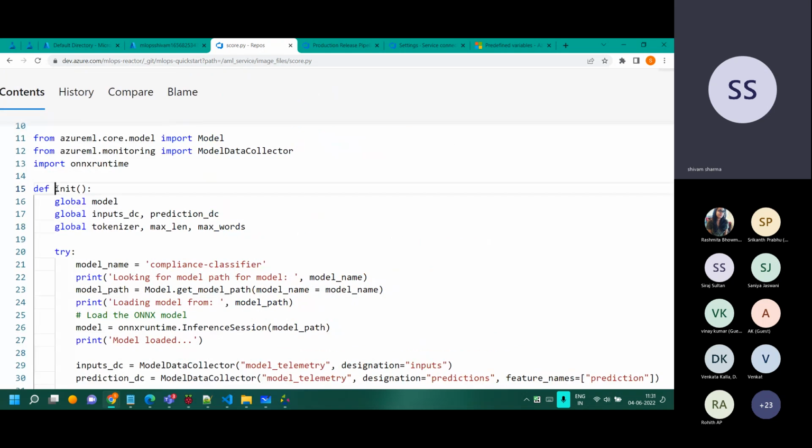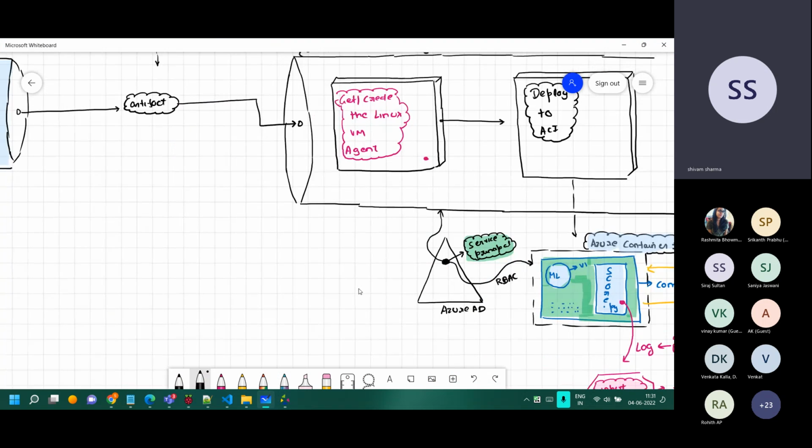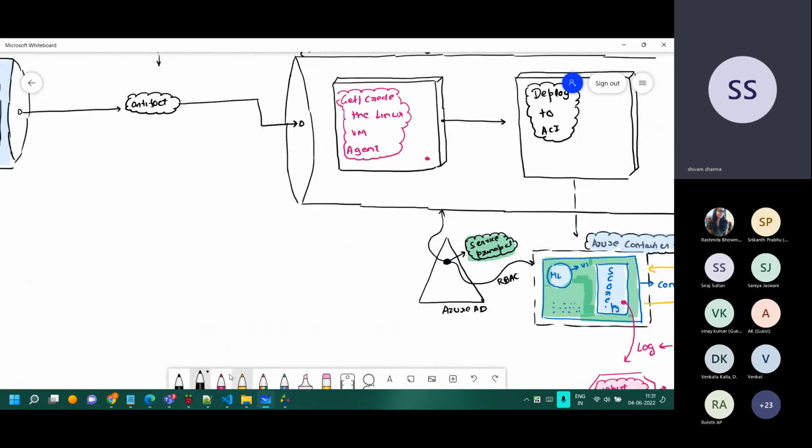So in the initialization function, the model gets loaded, initialized assets. That's one of the main things which happens. The name of the model is compliance classifier. So what it does is it gets the latest artifact which is there in the machine learning service. So it pulls the latest classifier.